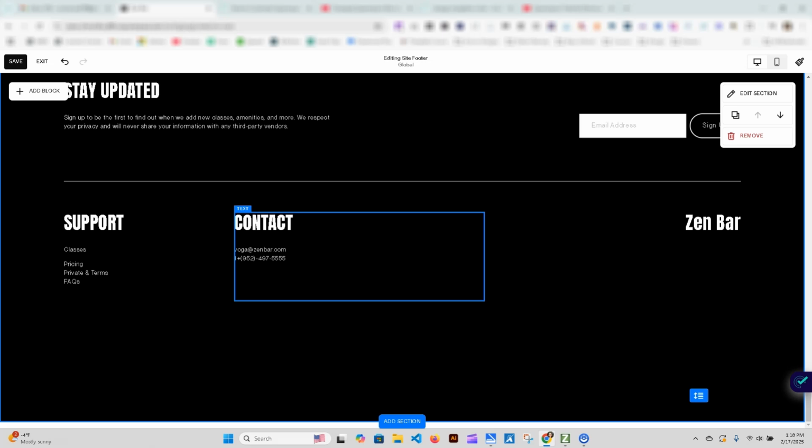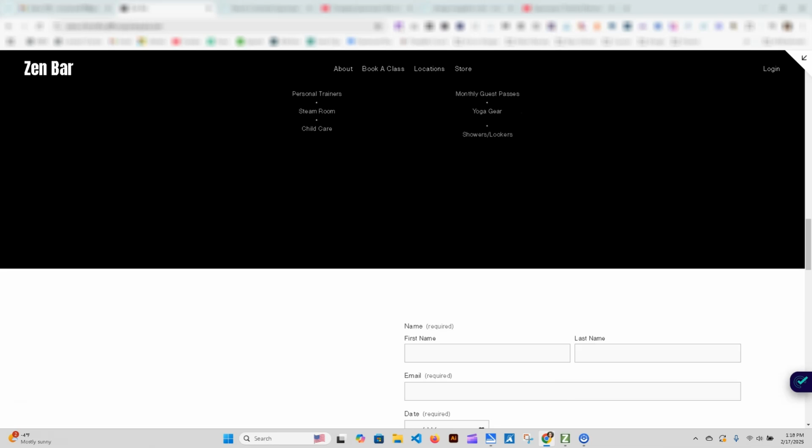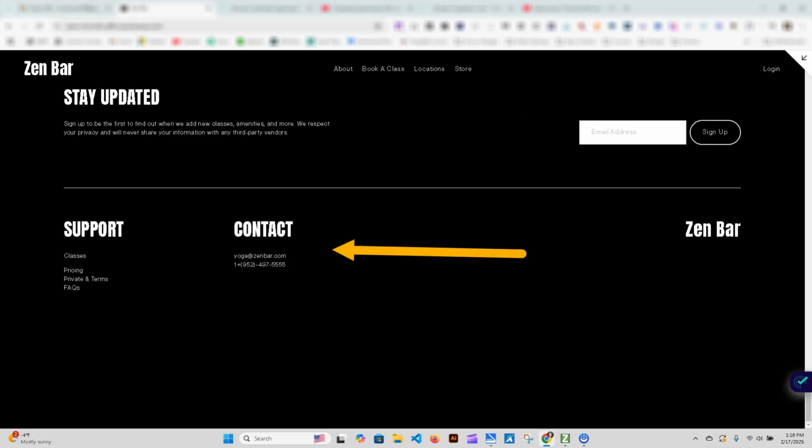So then there they are, still links. And then you can see if we scroll down, the links are still here. They are still links, but now they're white and people can access them easier.